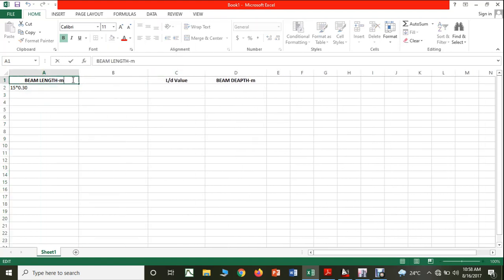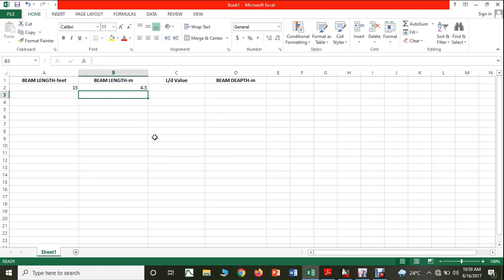Let this be in feet and this be in meters. Let me give the value as 15. Now 15 multiplied by 0.30 will give you the beam length